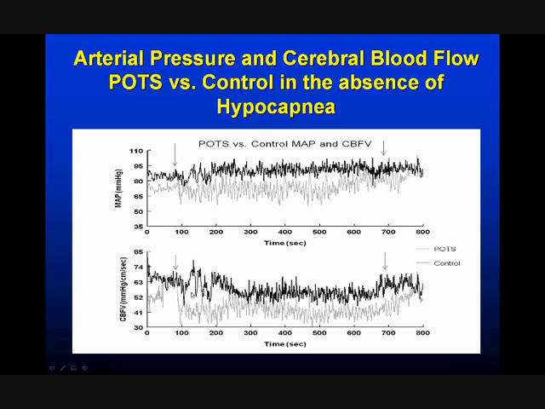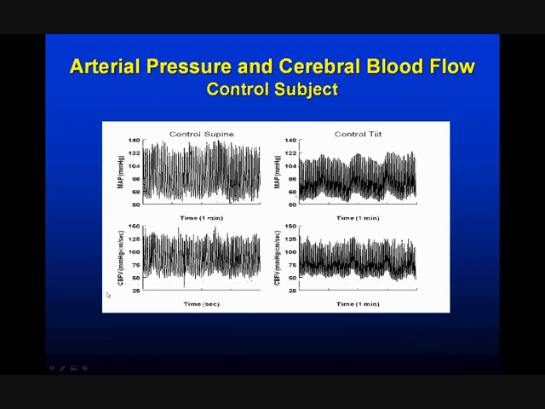The more dramatic change can be appreciated while looking at the cerebral blood flow tracing. At the imposition of the tilt, there is in the control a gradual decrease and an increase with the return to supine of the cerebral blood flow velocity. However, look at the greater drop in the cerebral blood flow velocity shown here for the individual with POTS. Now, that was the overall change, and this